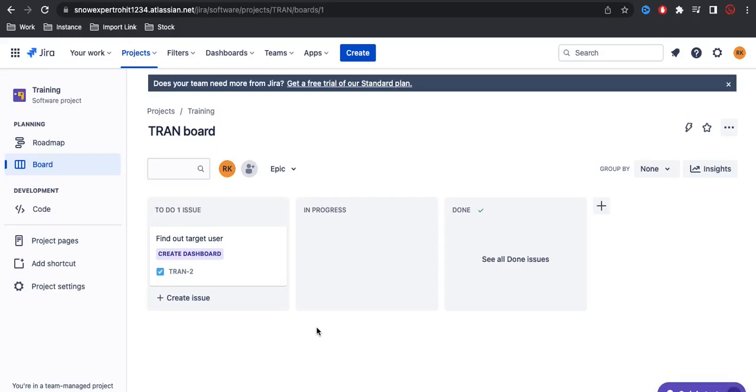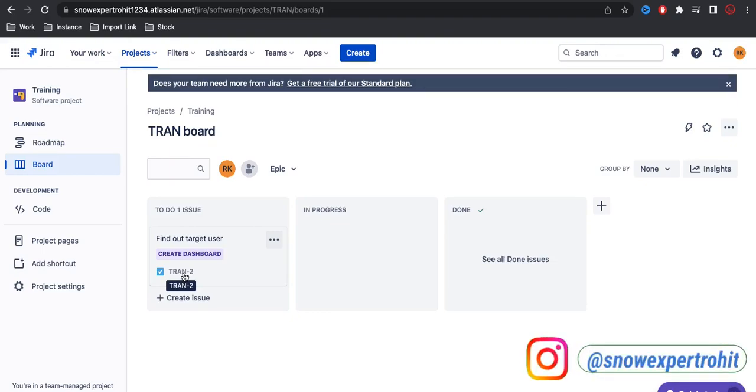So today we'll talk about the project settings and what settings are available for the project. Right now, if you see, I created the project in the last video, and the project has one story and the project key, TRAN. So today we'll talk about how we can configure the project, or how we can do the project setting. So if you go to the project settings,